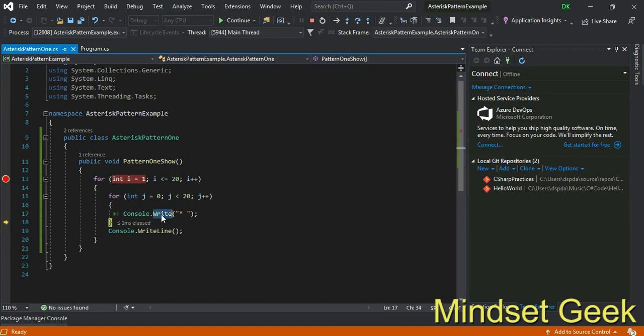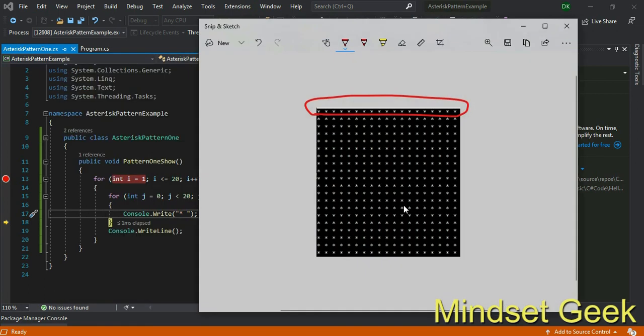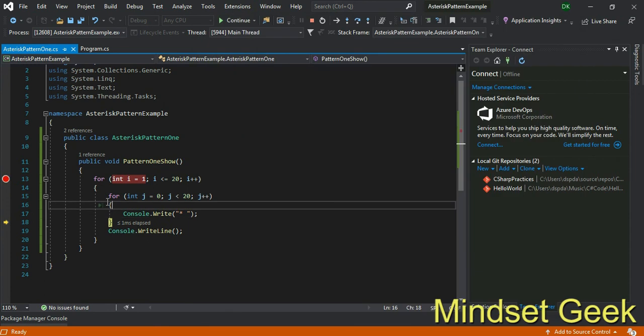We are using Console.Write, not WriteLine. Then 20 asterisks will print like this. After terminating this for loop, it comes to this line.